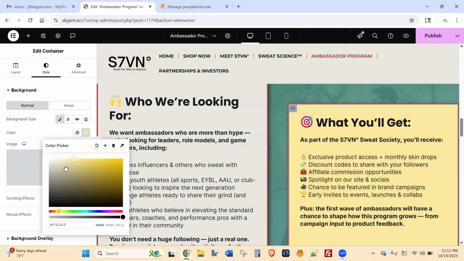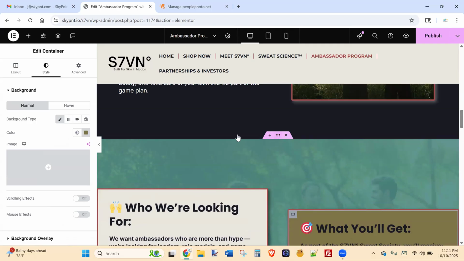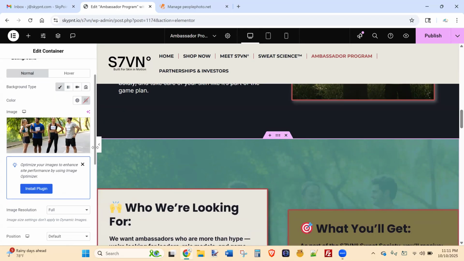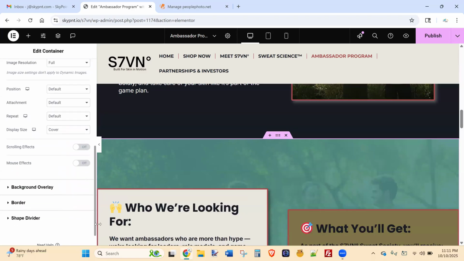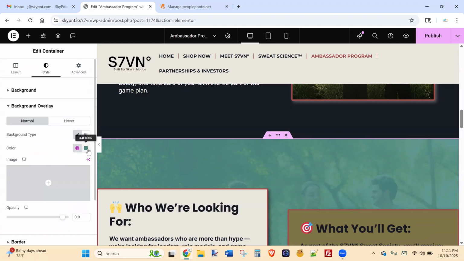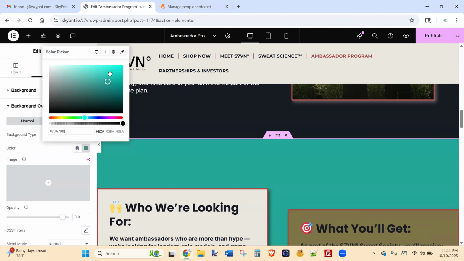How do you change the green in the back of that one? Let me go to that. You click right there. Let me go to background overlay. So background overlay, and then it's right here. This green color right here is the background overlay. So if I want to change it,